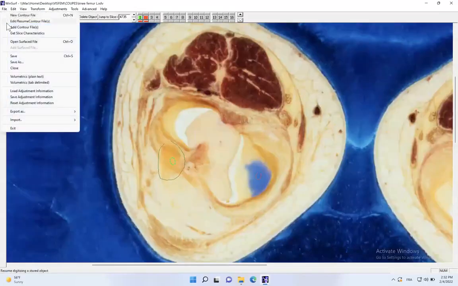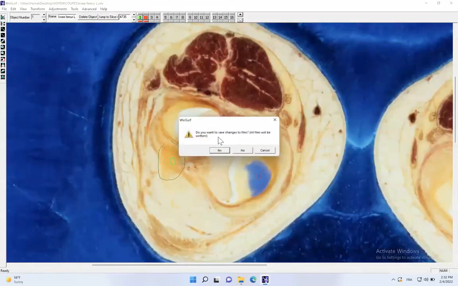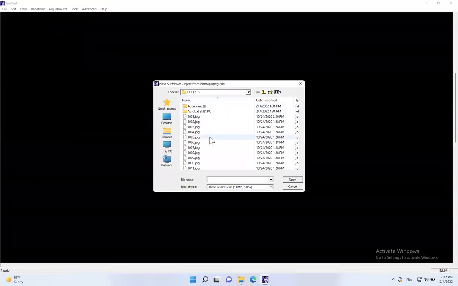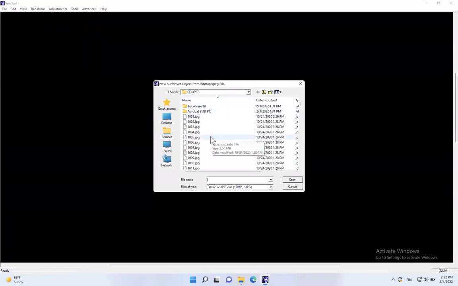3D, 2D, file quit. So this is finished for the finger. Yes. Now let's go to the tibia bone. Same thing. I have a new control file. My slice for the tibia bone is